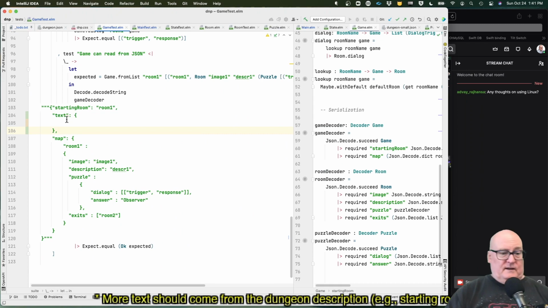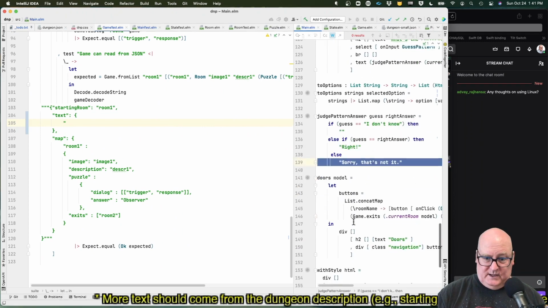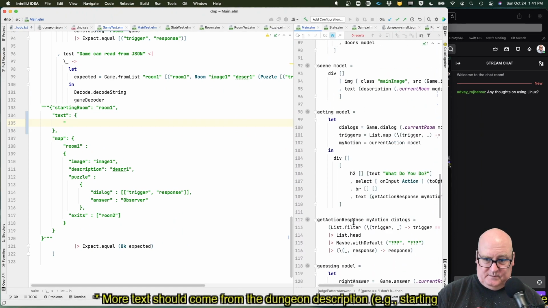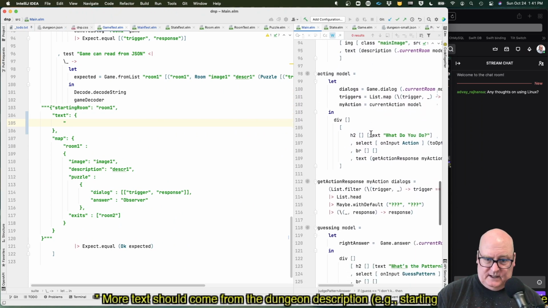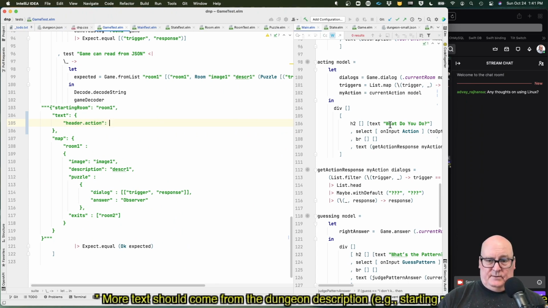If I put text and I put in a key, let's pull something from main. The scene has nothing, the header. Let's say header.action is the key, and the value is this.